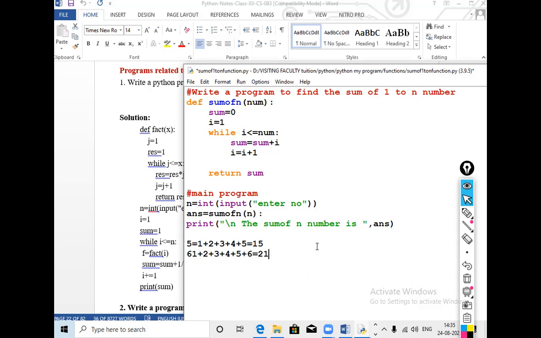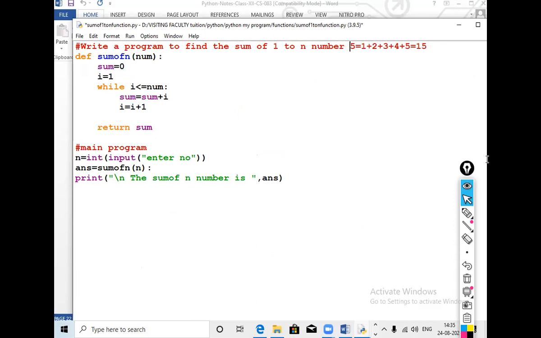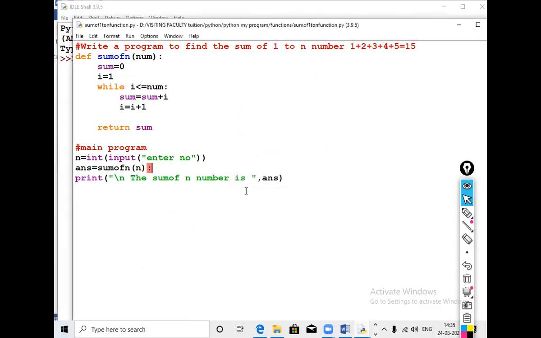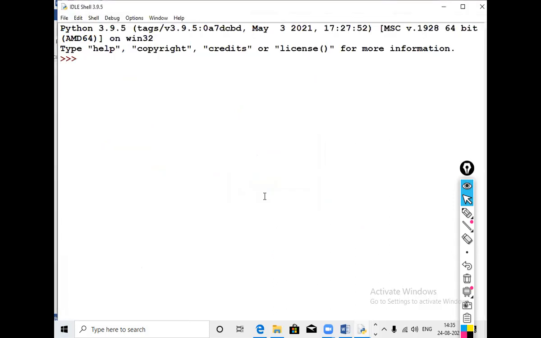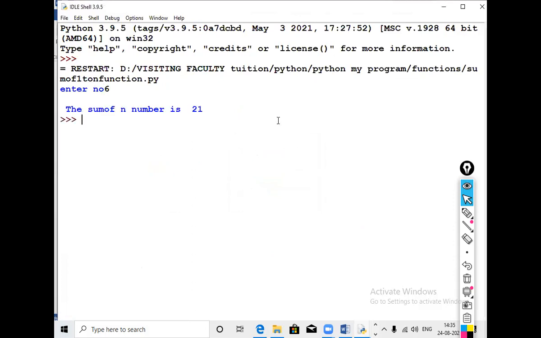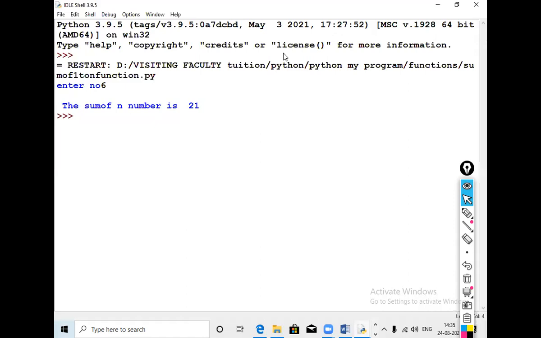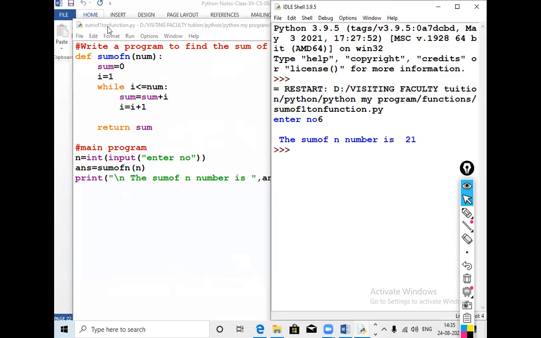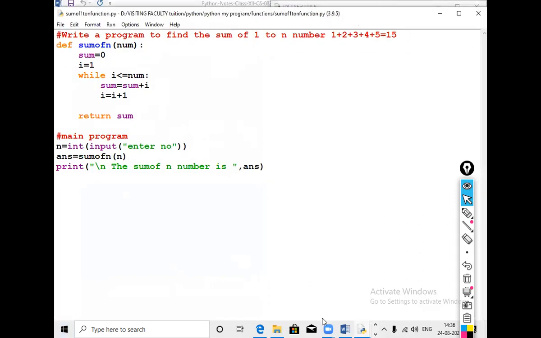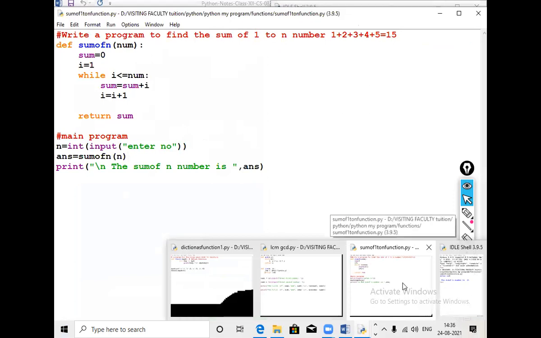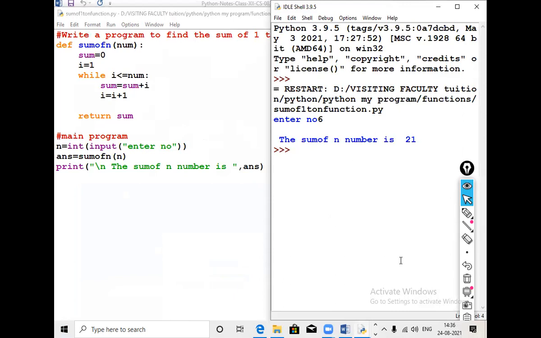So this is the sequence, how to run it. So I hope the concept is clear now.